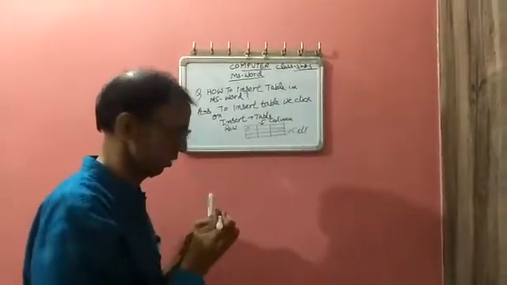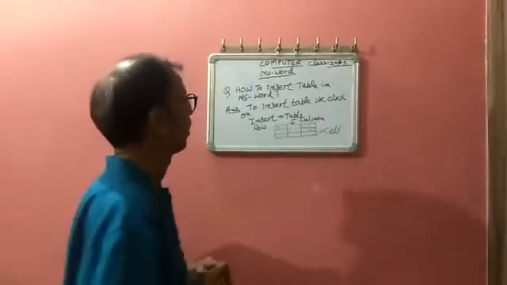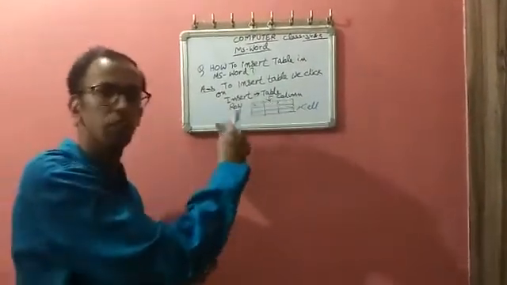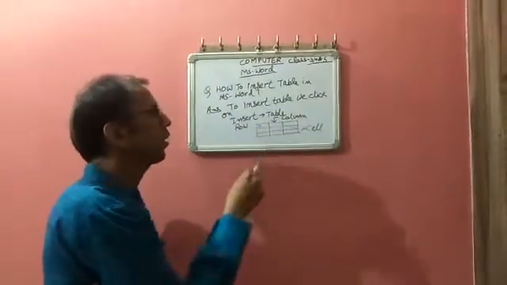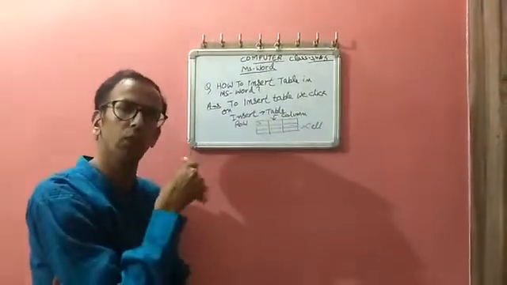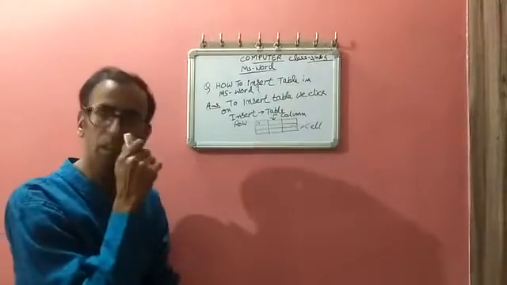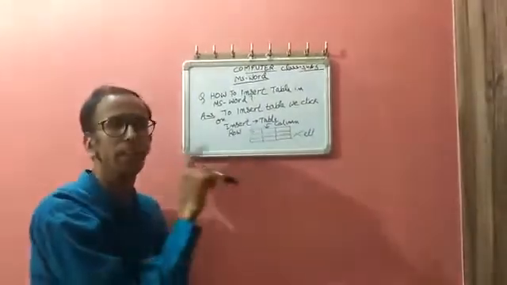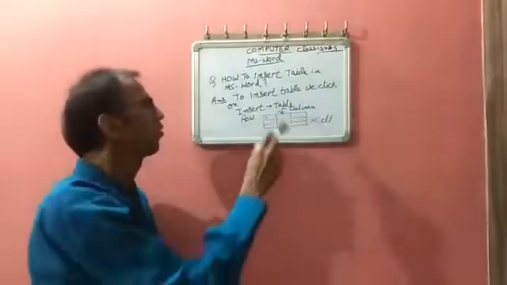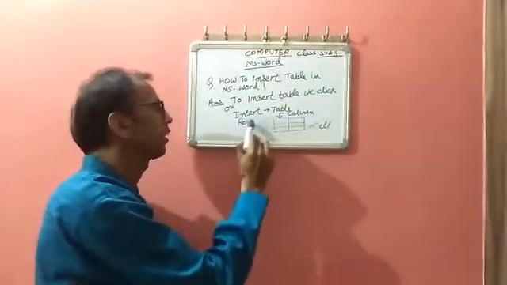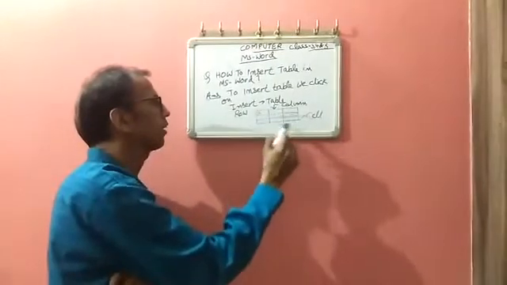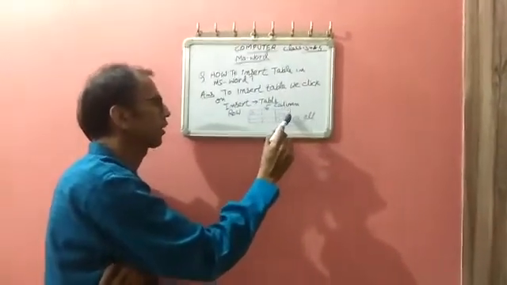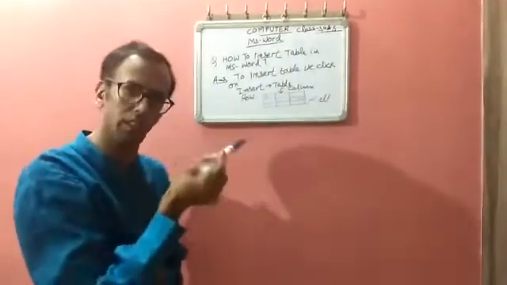So this is the structure of a table. What is a table? A table is a combination of rows and columns, a structure in MS Word made by the combination of rows and columns. And the intersection of a row and a column forms a cell. It is a row and it is a column, and both intersect each other and form a cell structure, a box that is called a cell.